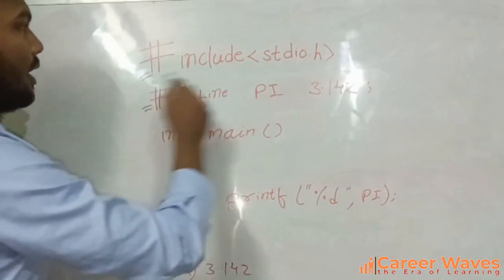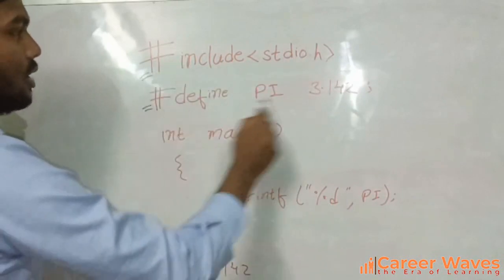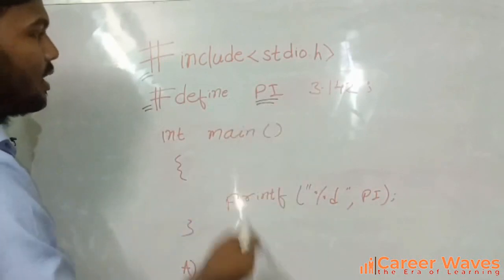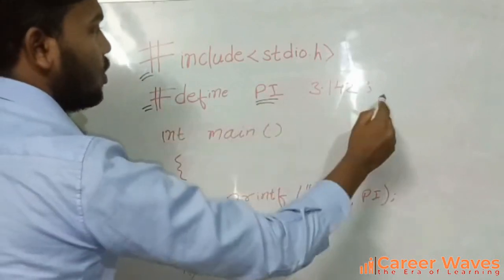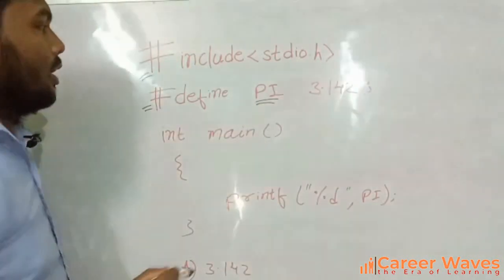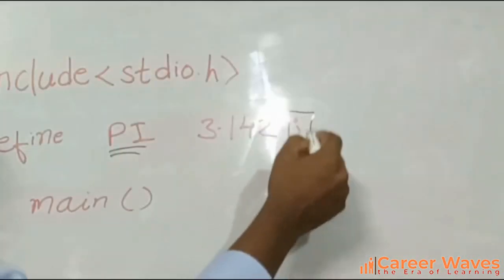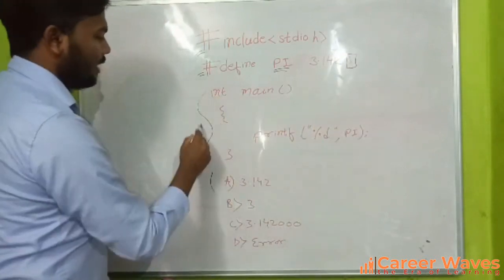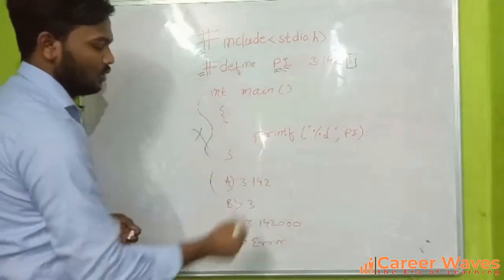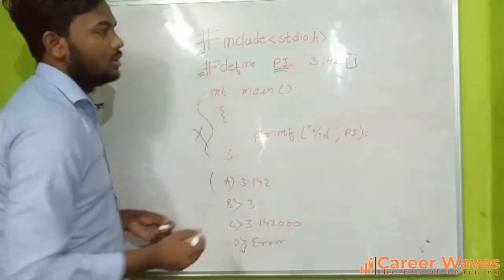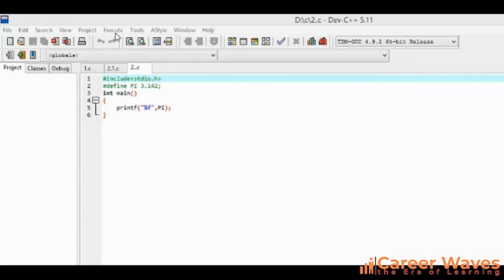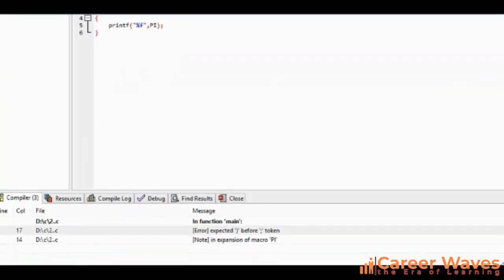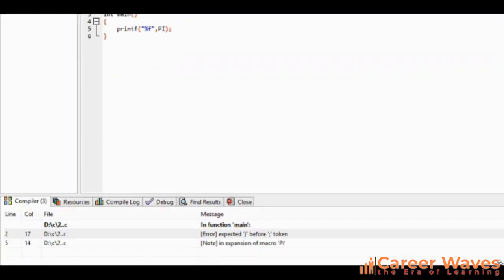So again the preprocessor will start execution of this line. Now when the preprocessor resolves this line, it will see pi. It will try to resolve this, but before that, it has to execute this whole line. And we know that in #define, we should never use a semicolon. So the preprocessor will identify an error and this whole code will not be executed, and the output for this code will be option D, that is the error. Let us execute this code. So as you can see, there is an error.